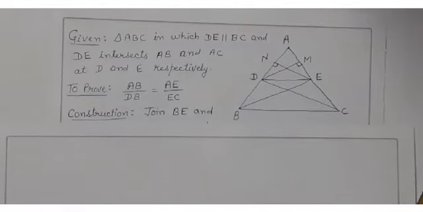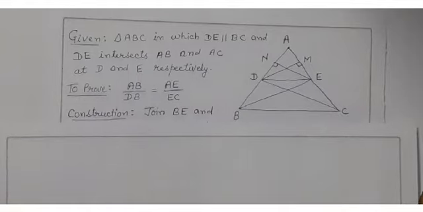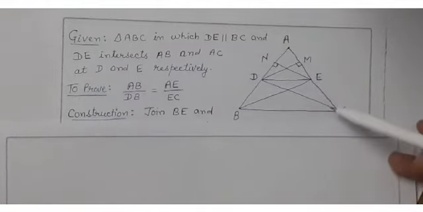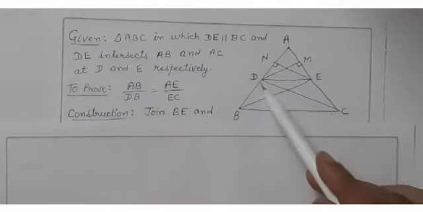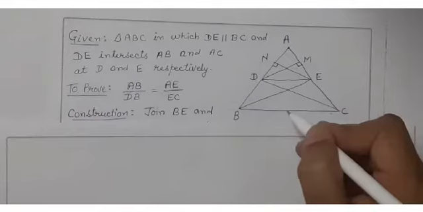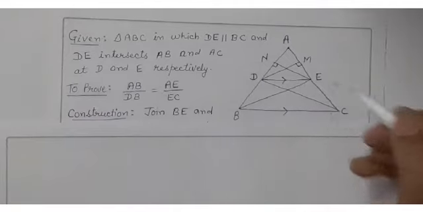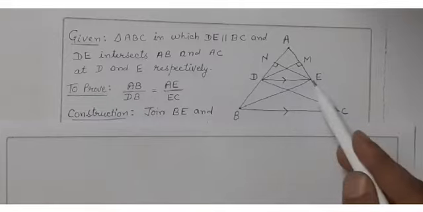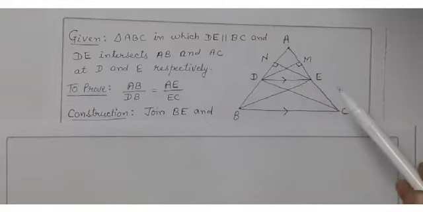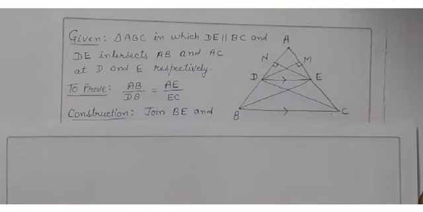Now, with the help of this statement, you have to draw one triangle. See, I have drawn one triangle ABC. It says a line is drawn parallel to one side of the triangle. See, this is one line DE which is parallel to this side BC. So I can say DE is parallel to BC. This line DE intersects the other two sides, which are AB and AC.